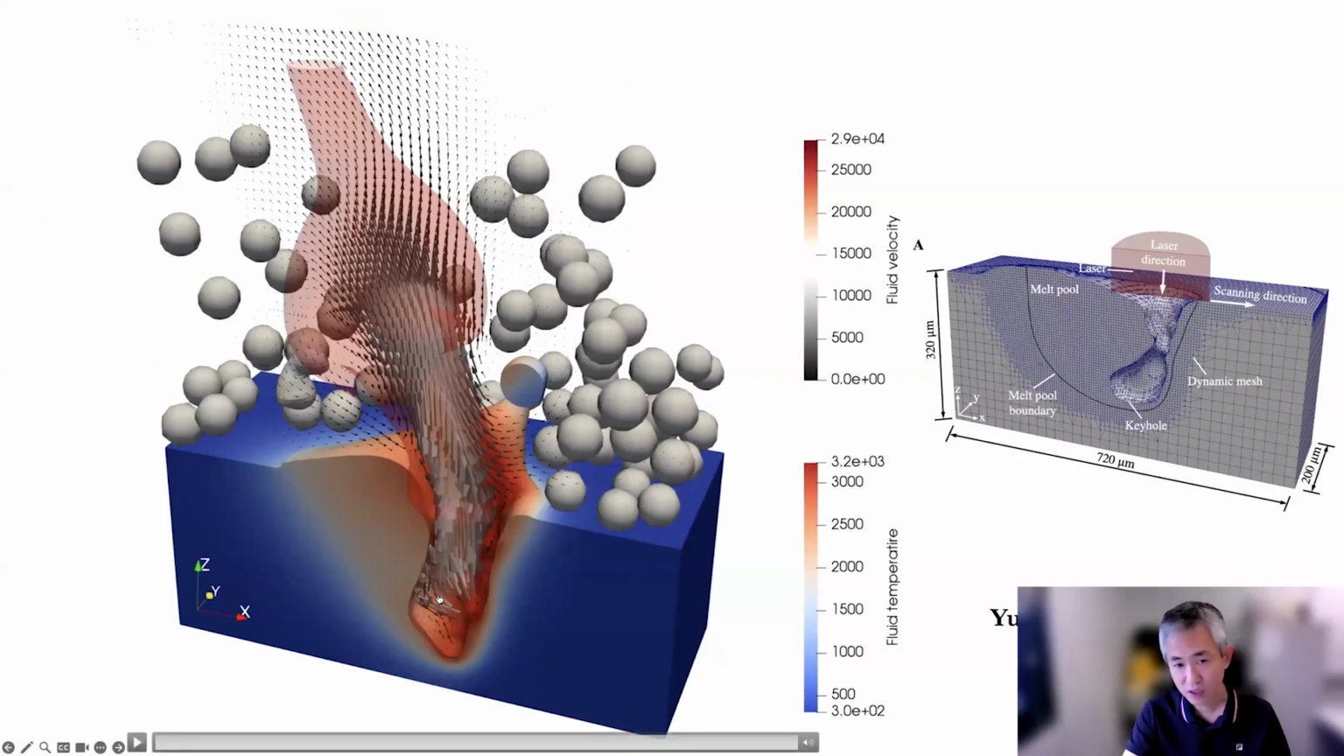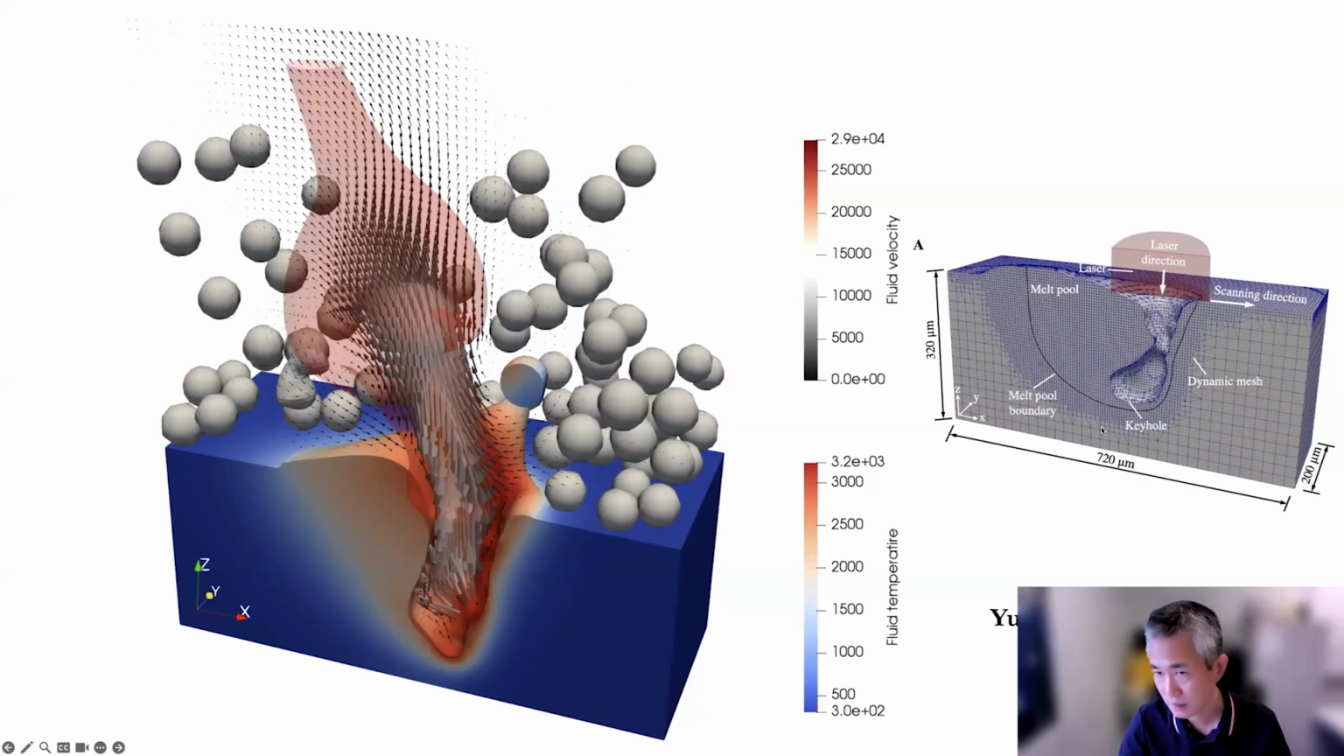This vapor speed is so high that the pressure is also high, and it generates this depression, the keyhole, here. And then the space is limited, so the vapor is going to escape quite fast from this direction. When it escapes, it will interact with the surrounding metal powders and generate a powder motion here. So this on the right is basically the CFD model that we